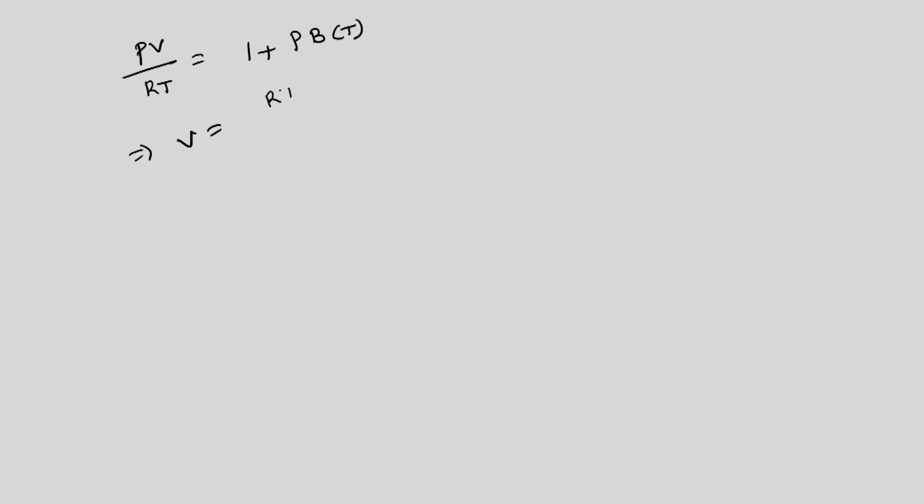Now, PV by RT equals one plus P times B(T). So we get V is RT by P plus... taking RT by P out, RT by P times 1 plus P times B(T). So, we can write ∂V/∂T at constant pressure